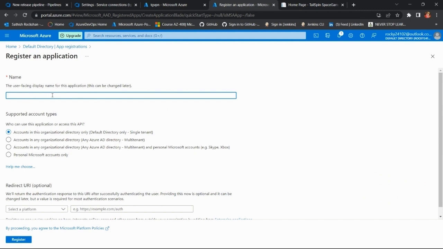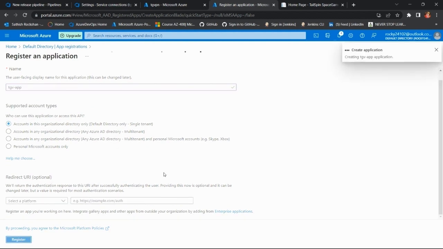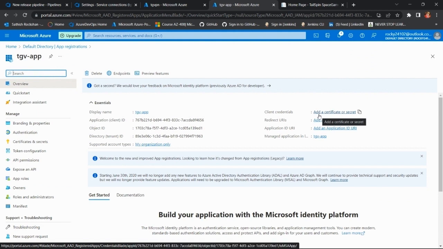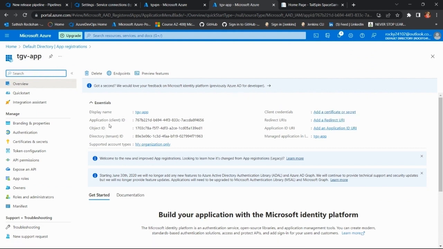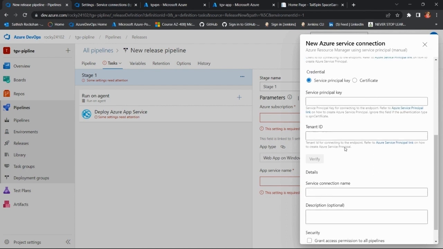So I'm going to name this and register this, and you can use this client ID for the service principal ID like this, and for